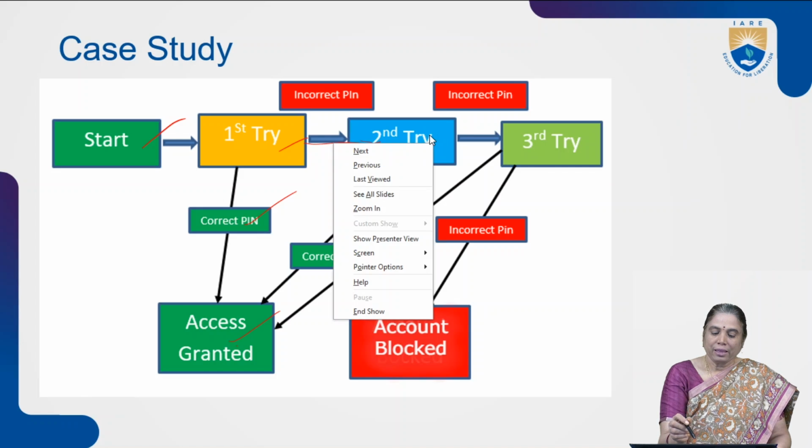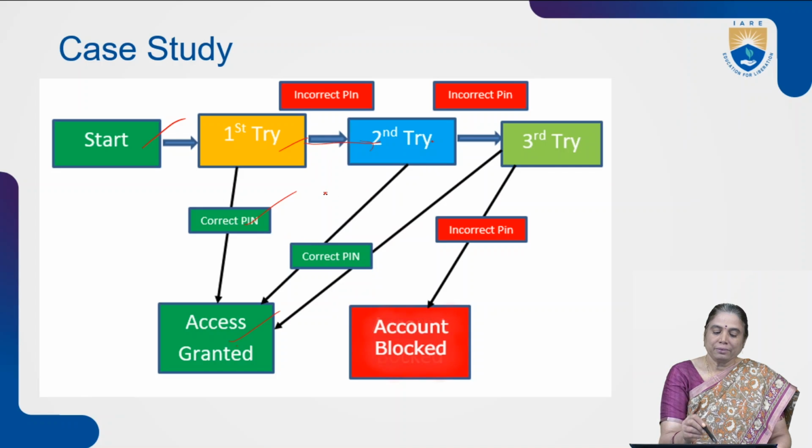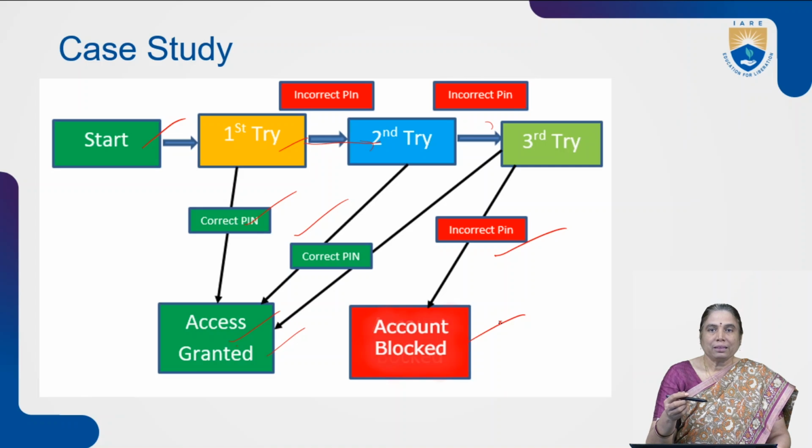At this stage, if the correct PIN is entered, then access must be granted. And at the second try, if an incorrect PIN is entered, then it leads to the third try. At this stage also, if the user enters an incorrect PIN, the account can be blocked. Like this, with varied input, how the system state is transitioned can be easily tested with state transition